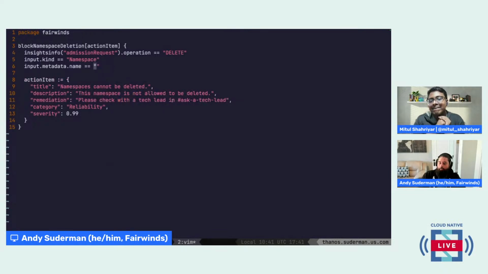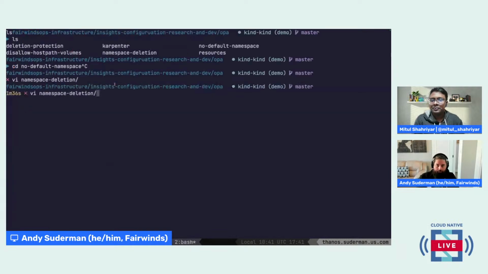Rego feels a little bit funky because you're basically saying all of these things have to be true in order to trigger a violation. So it's a little bit different way of writing your policy. And this is an Insights-specific policy, so we include this action item that allows you to put contextual information around that. That's kind of what Rego looks like, at least in the context of Fairwinds Insights.